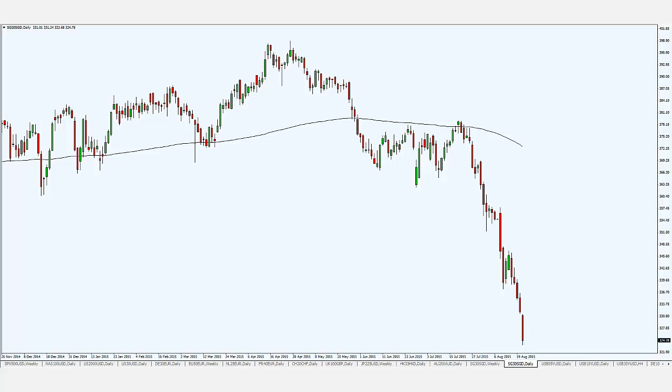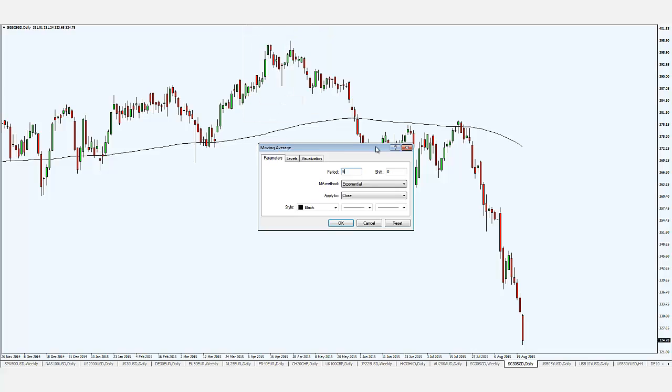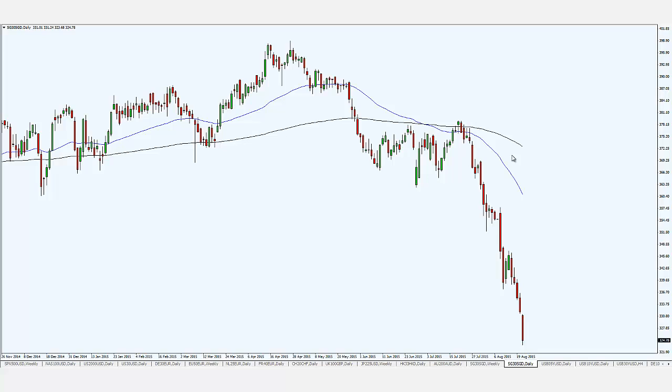You notice that this black line here is the 200-day moving average, and it's currently pointing lower. It's telling you that the longer term trend now is towards the downside. This black line is pointing lower. And if I were to plot in my 50 period moving average, which would tell me the intermediate trend, it's also pointing lower. So it's telling me based on this daily chart, the intermediate trend and the longer term trend